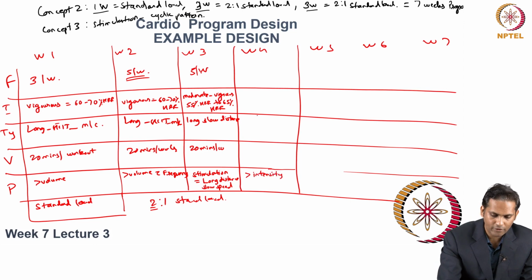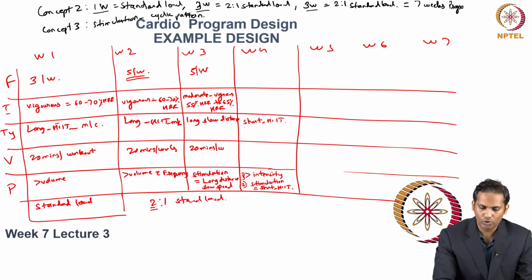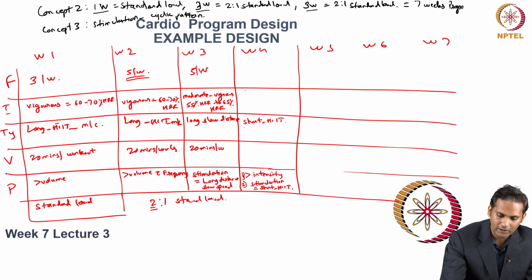This is reflected by choosing greater intensity and a stimulation change. The stimulation would be a short HIIT. So the stimulation is through short HIIT. The intensity is vigorous now. Vigorous to maximal,